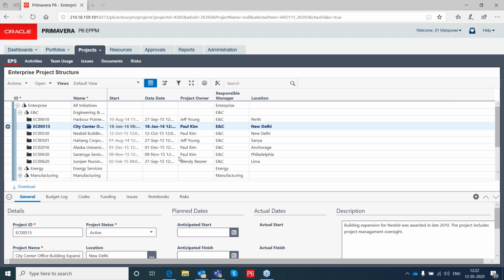The basic difference is that in Excel you can have different versions working, but in EPPM it is always a single version of the truth. That is the difference.